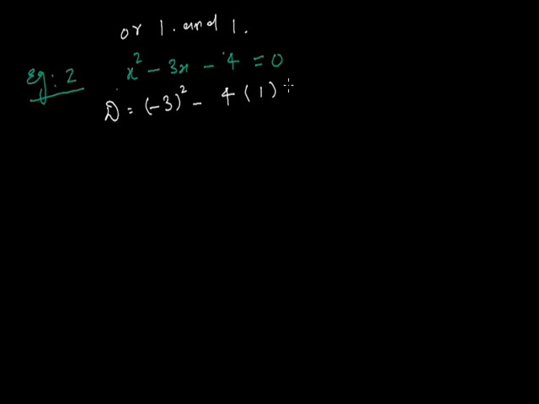Now let us take the next example, where we have to find the roots of the equation x square minus 3x minus 4 equal to 0. Here the discriminant D equal to minus 3 whole square minus 4 into 1 into minus 4. We got the value of discriminant as 25. Here D is a perfect square of a rational number, 5. Therefore the roots are